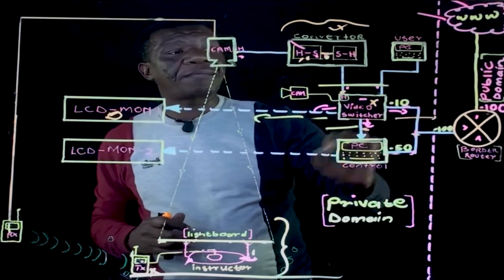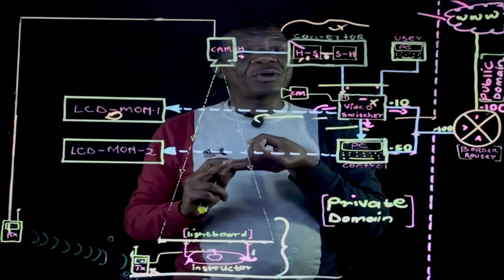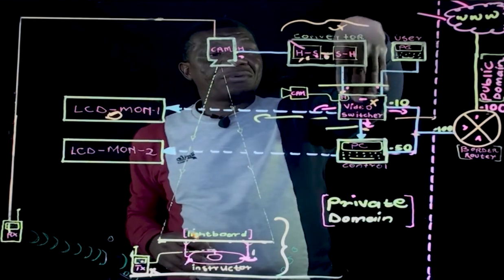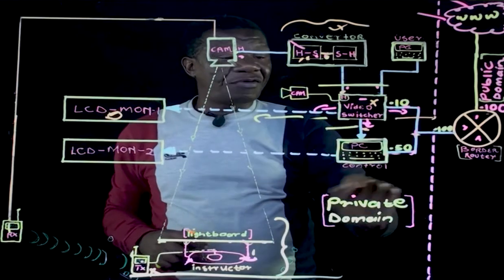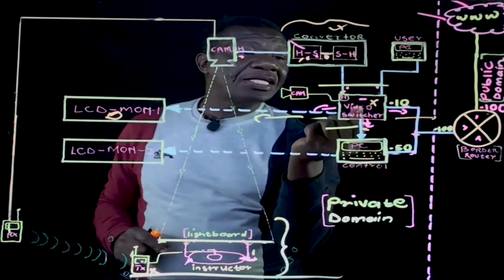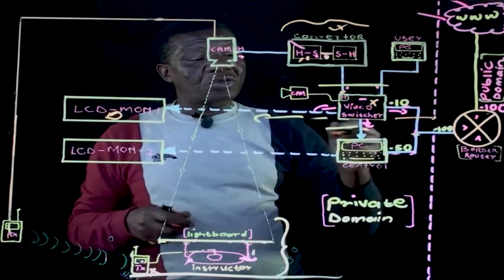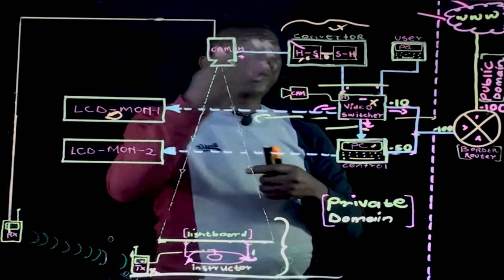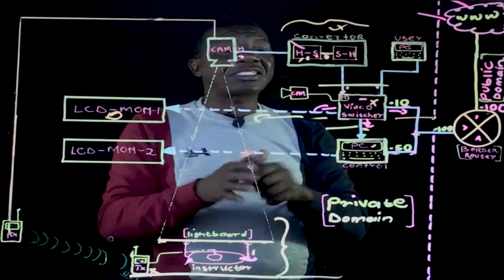Now, the video switcher, remember, is seeing the video, the audio, and a whole lot of other information that comes into its sources, its inputs. So this PC has software that is able to communicate with the video switcher. So this software can extract information related to audio and video and a whole lot of other stuff,